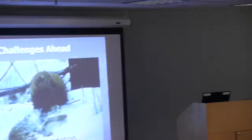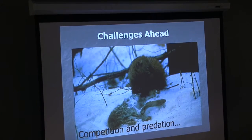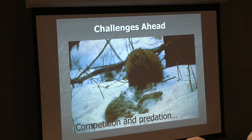The other, and this kind of stems right from the fisher conversation, is competition and predation. So it's not just fisher, it's fox as well that have been documented to predate marten, which is a little weird, but there it is. And we know we've got fox throughout the state as well. Gray fox climb trees. They do. Although I don't know that we've ever documented a gray fox in that same habitat. There's a little bit of a broader partitioning of habitat. That would be one thing. And I just don't know. I don't think there's ever been any documentation of a gray fox predating